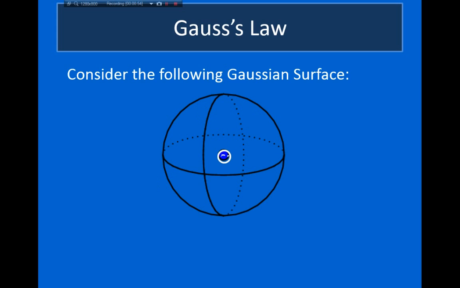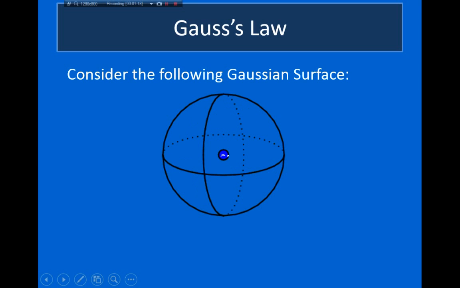So for a point charge, I choose the Gaussian surface, that's the surface that's going to enclose the charge, as a sphere that is centered on my point charge, so that every point on the surface is the same distance from this charge. So the magnitude of the electric field will be the same everywhere on the surface. And because the electric fields point radially away from this charge, the surface is going to be perpendicular to the